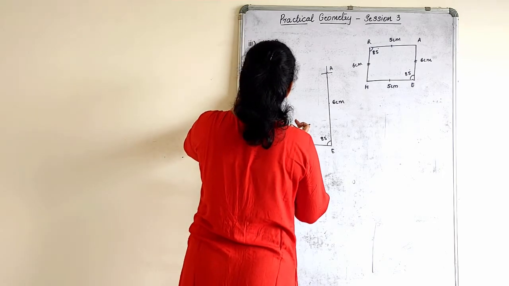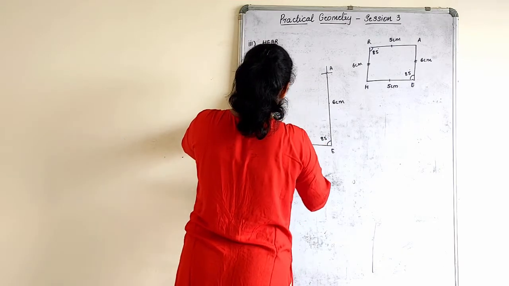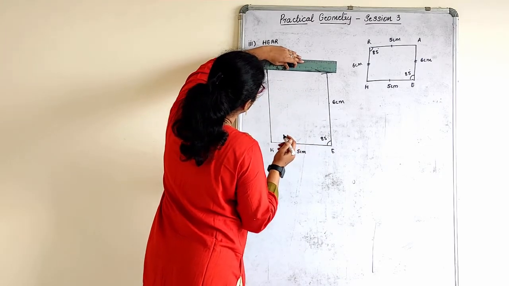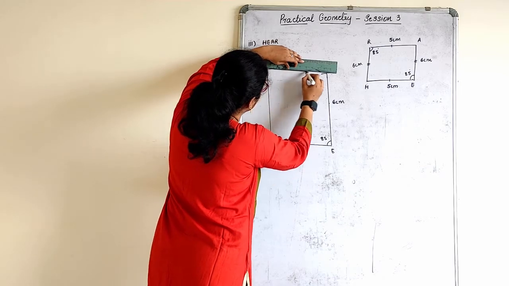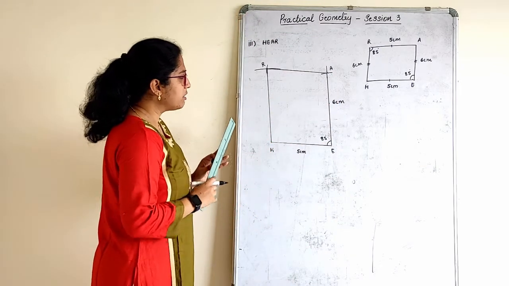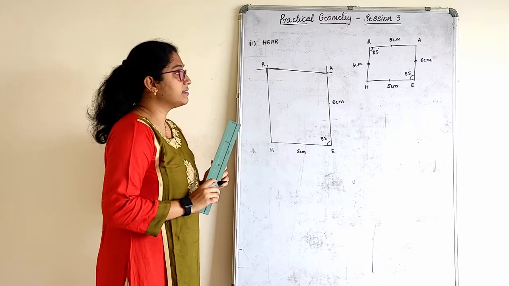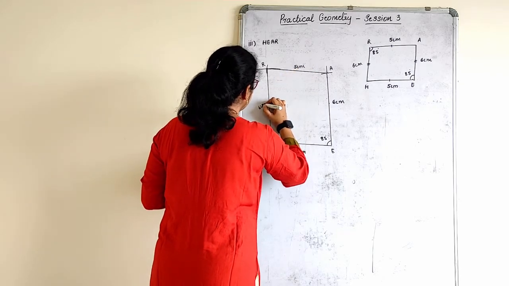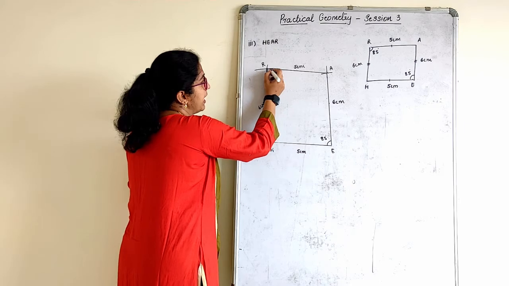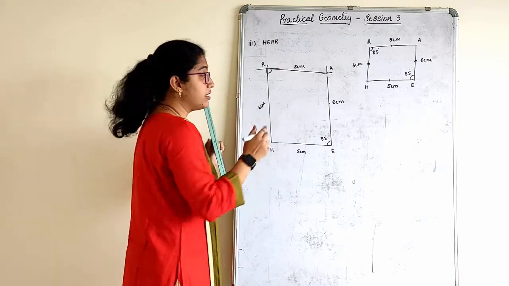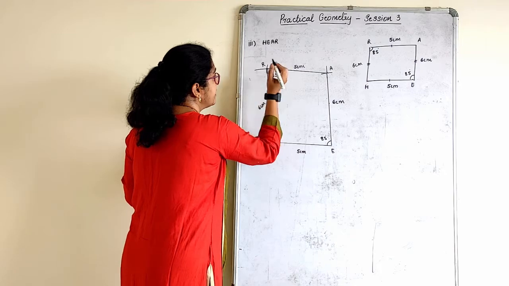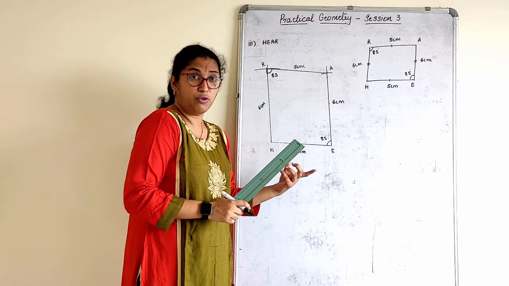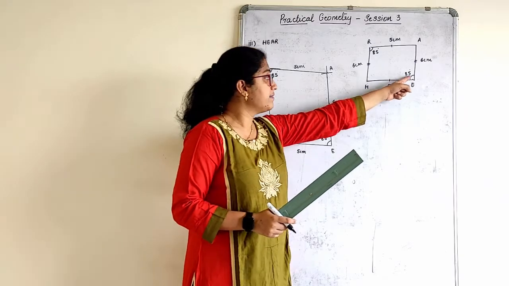So, join this. See the parallelogram how it is actually coming. Mine might slightly go here and there with the measurement, but you get it accurately. 5 centimeter, 6 centimeter. And if you measure the angle, children, here, take a protractor, measure the angle and see this has to be 85 degree. In case the data is insufficient to construct it, you feel you want something more, one more angle, you can always use consecutive angles are supplementary.